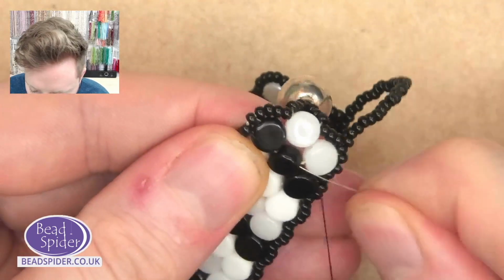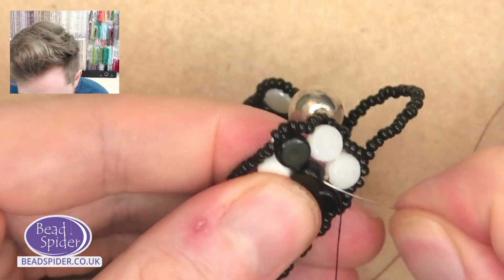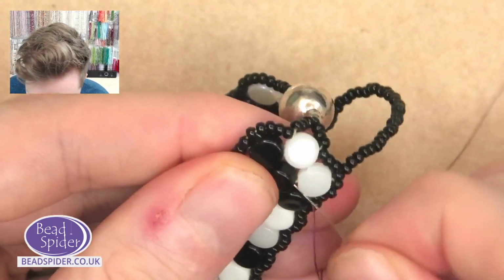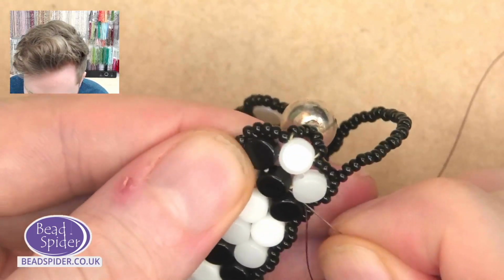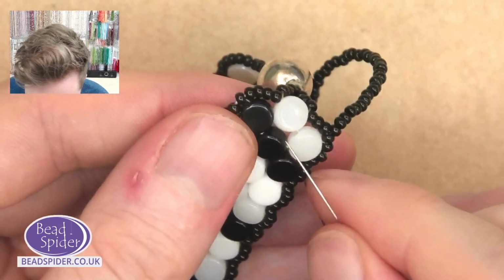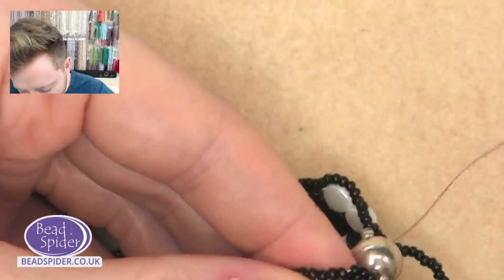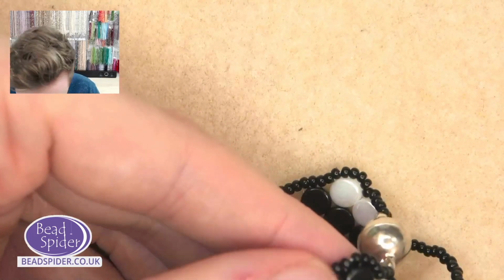I've got a nice firm little piece here. I should have been a bit more careful. But get through there. Come on, find the hole. Oh, I've got a knot, that's why. Of course I do. I tied a knot in there earlier. Last time. Let's just get through that little bead. There we go. Through the next one